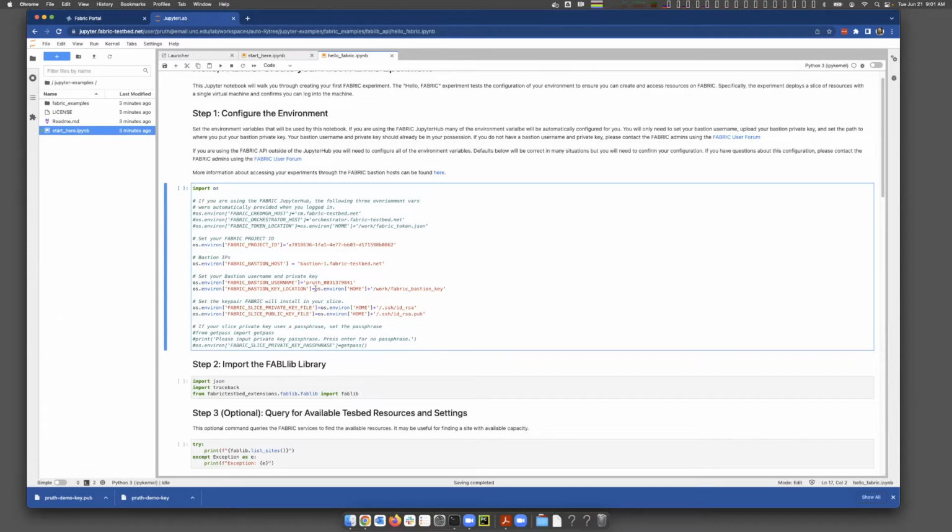The final thing you need to do is set the location of your Bastion private key. By default, this chooses to put it in your home directory /work and calls the key fabric_bastion_key. It's worth noting that if you come up here to your little file manager on the side, and you click on the home directory of this file manager, this in fact is the directory home/work. So what we want to do is take your Bastion key that you just downloaded, the private key, and copy it to this directory, and then either